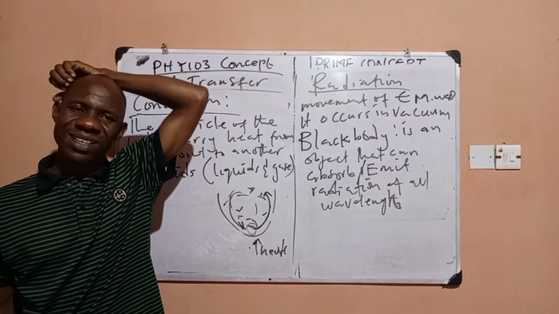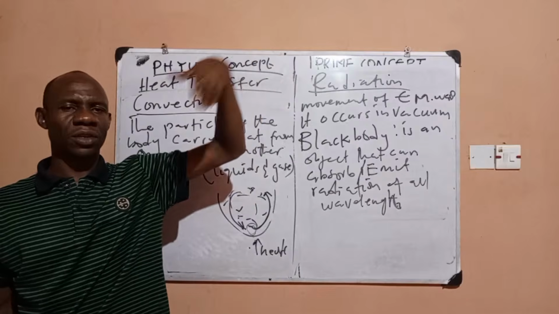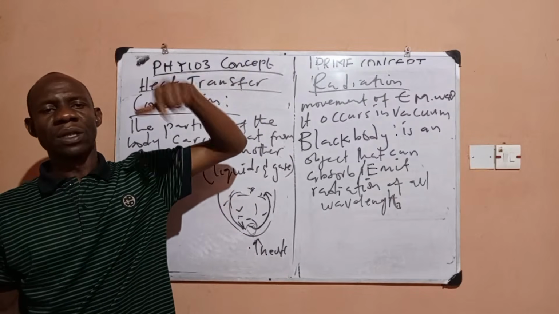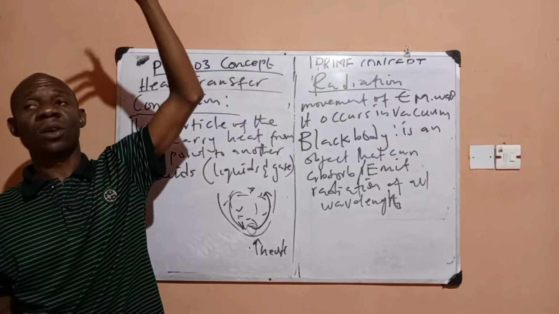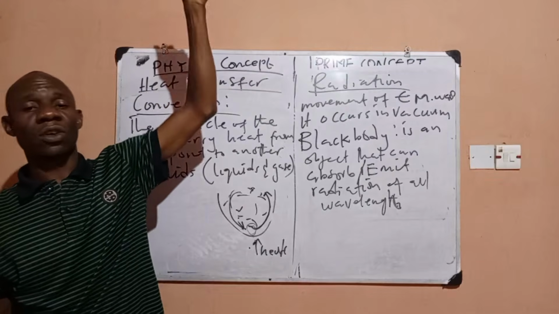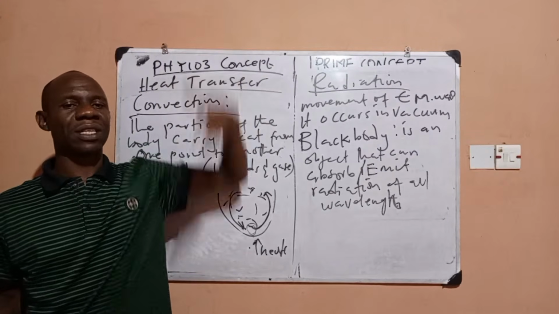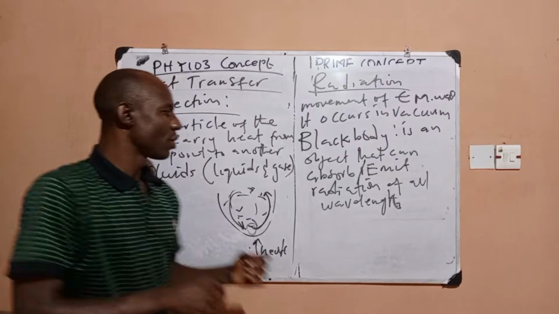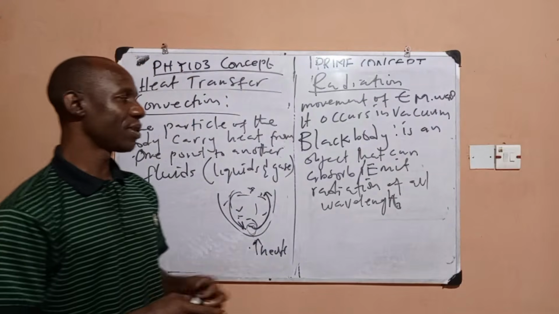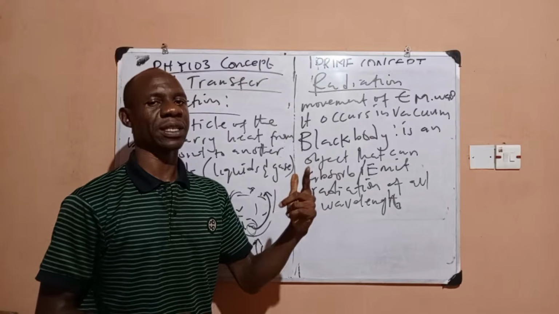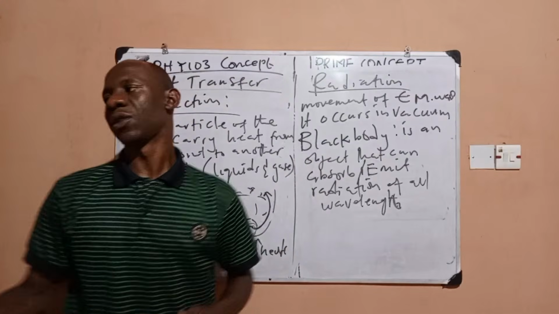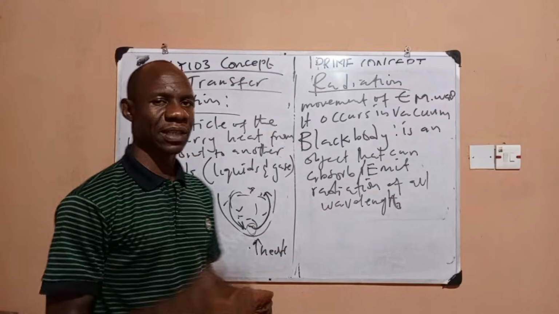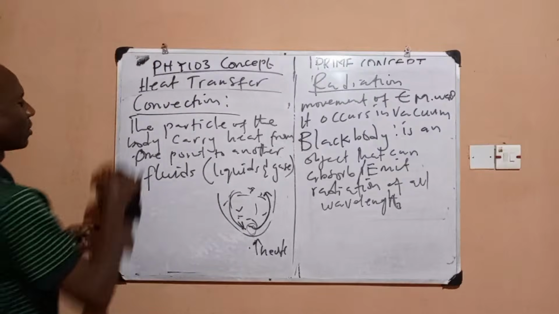How do you know? The sun releases radiation of all wavelengths, and also it absorbs. If there is sun out and you flash your torchlight up, you will not see anything because the sun has absorbed it, right? So the sun is a black body. Now when you hear black body, it does not mean black object. That's why you should know that since the sun is a black body, black bodies are not necessarily black objects.